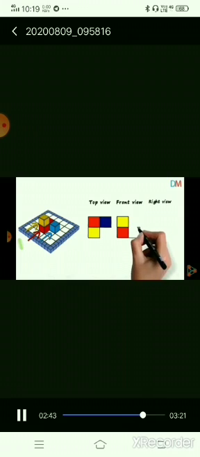When we see from the front view, first of all we can see the red square box at the bottom of that cubical arrangement. After that, above the red square box, we can see the yellow square box, so we have to draw yellow. Next, from the front view we can also see the blue square box beside the red square box, so we have to draw the blue face. When we verify it, it is also absolutely correct.